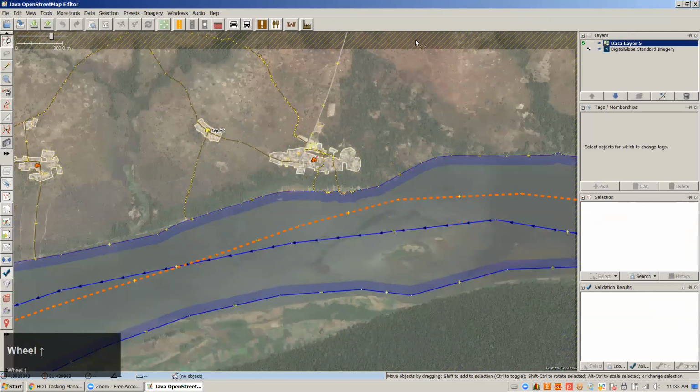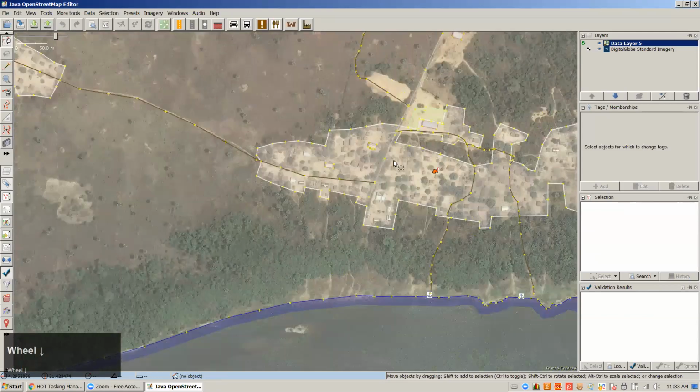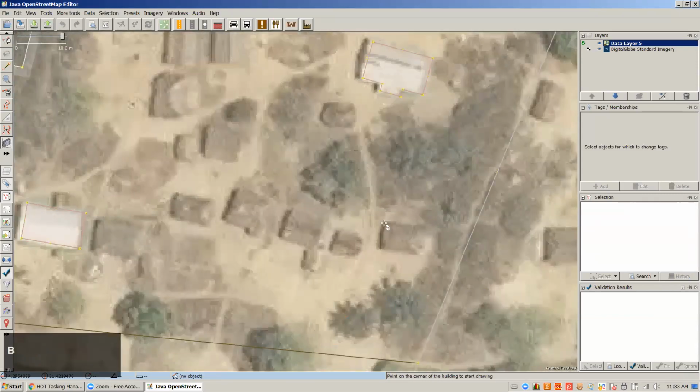It has the same crosshatch where there's no data, and it's clear imagery where there is data. So that's how you download data on your own. And then you could start mapping. Somebody already did a couple of buildings, you would start mapping. And when you were all done, if I did my mapping and added a building,